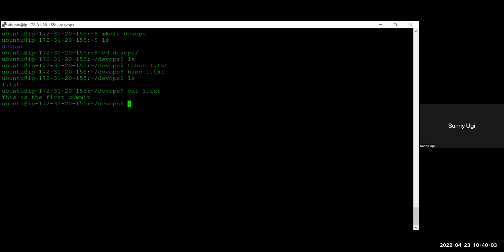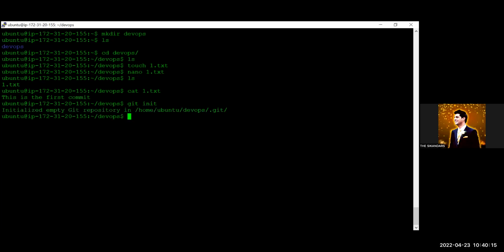Yeah, don't forget to initialize the Devops. Absolutely. So this now shows you exactly what we have. This is the first commit. Now we're going to do git init. This will initialize the GitHub repository. Then we're going to do git add one.txt. And then we're going to do git commit -m quotes, this is the first commit,